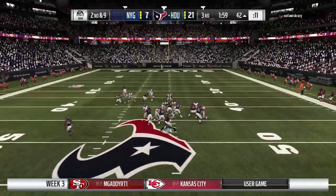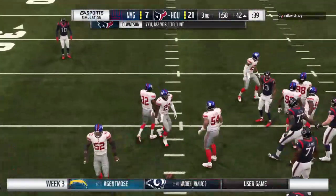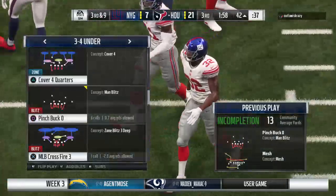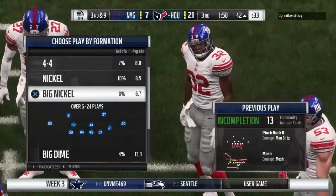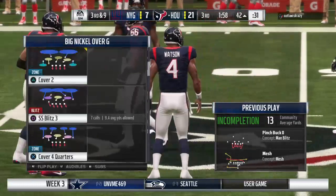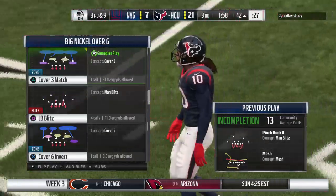Here's Watson now on second down. And they're not able to hook up there. Incomplete. DRC, Dominic Rodgers-Cromartie, getting in there to break it up. Dominic Rodgers-Cromartie loves playing man coverage. That's his specialty. Great agility, even though he looks like one of those tall receivers he goes against week in